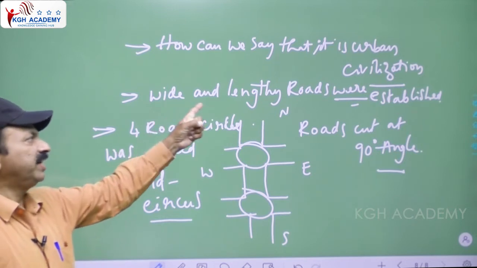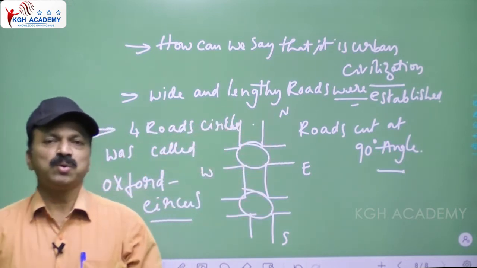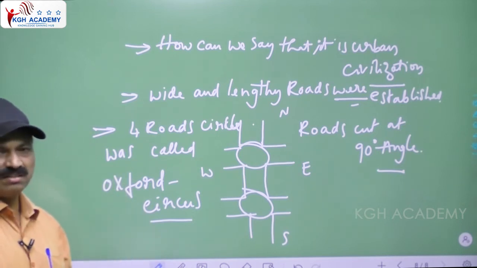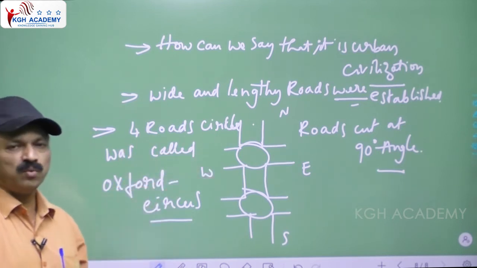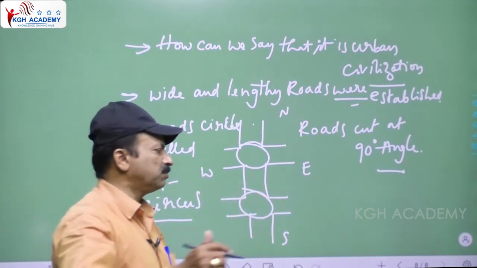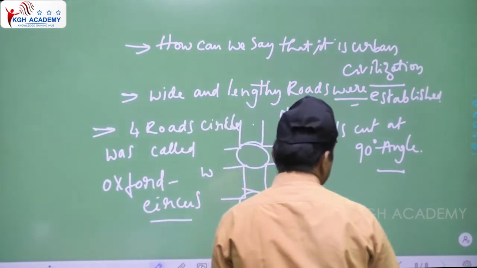So first point, wide and lengthy roads. Suppose if it is rural civilization, we can't find wide and lengthy roads. That's why first and foremost, wide and lengthy roads were established by these people. That is one of the important points you have to remember. Okay, then